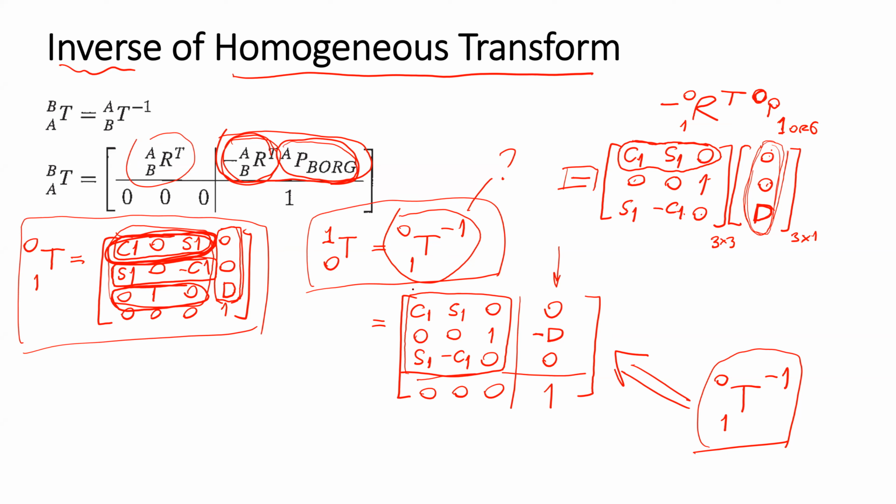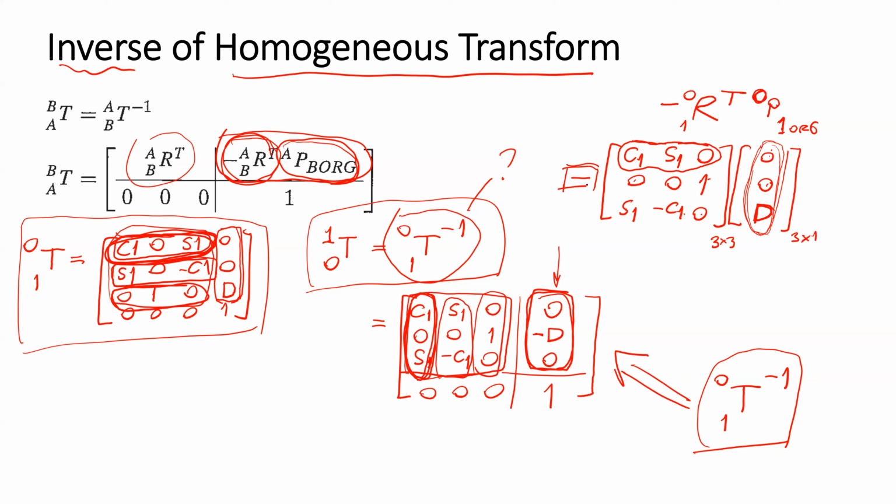Just change from row to column. And when we have the 3 by 3 transpose of the rotational matrix, the position vector here